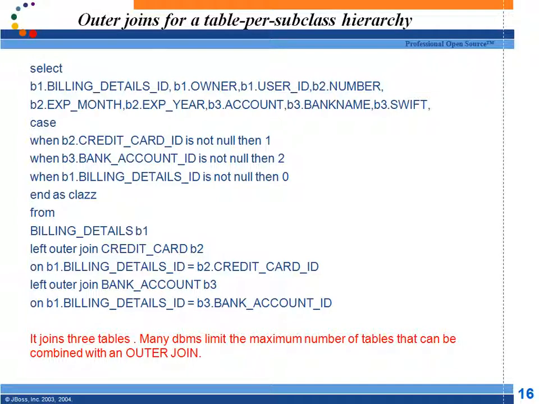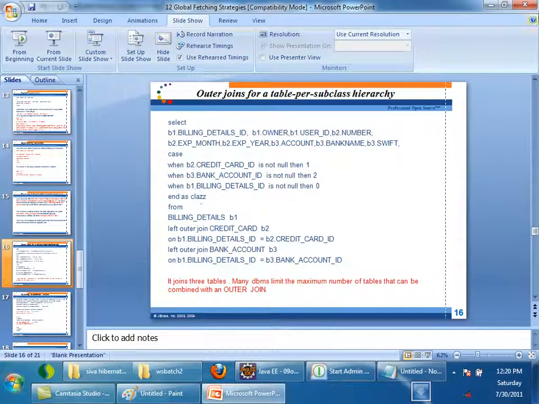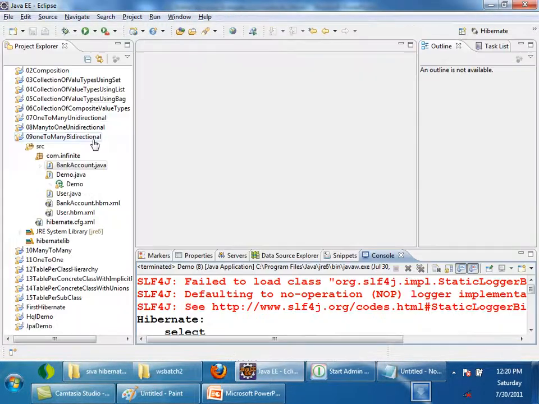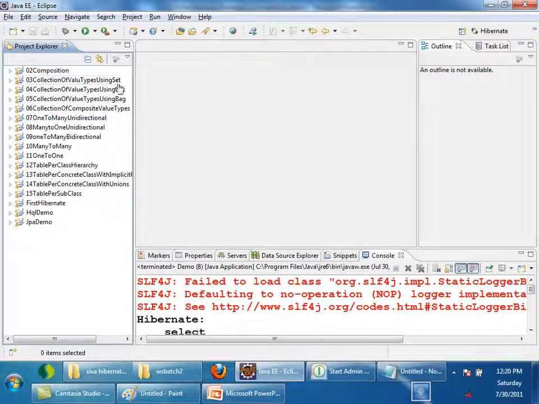Okay. The last thing, in our table per subclass strategy. Table per subclass means is it in normalized form or not? One table per subclass. They are having joins. All the tables are using foreign keys.